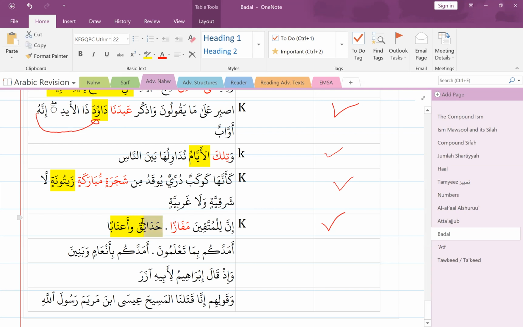Okay. I can see how it is atuf bayan, which is why I'm saying badal al-kul, because if it's atuf bayan, most likely it's also badal al-kul. Not always, but most likely. But I don't know if it can also be badal al-ishtimal. In any case, it's a badal, whether it's ishtimal or kul. Yes, inshallah, we'll look into it. Inshallah, I will try and research more and find out.